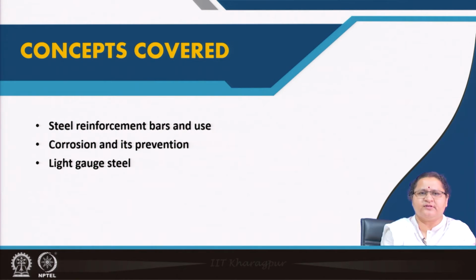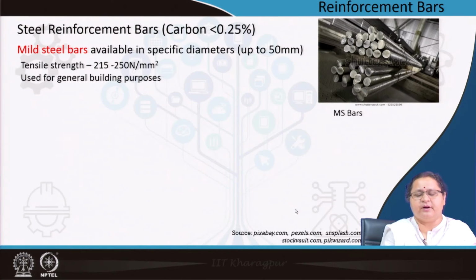And I will try to expose you to another item, that is light gauge steel. This is now in our CPWD specification also. It is not exactly 100% a steel structure, but light gauge steel can be used as a structural member for say 2 to 3 story high, maximum 4 story high, and it is a very cost effective way of construction. So, I will just expose you to light gauge steel maybe in one slide, and we will try to finish the ferrous metals. So, coming to the steel reinforcement bars, which you many a time see on construction sites,